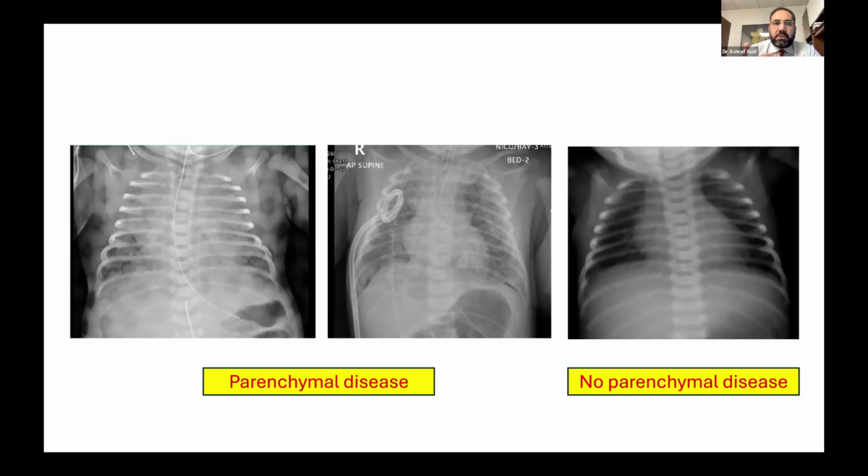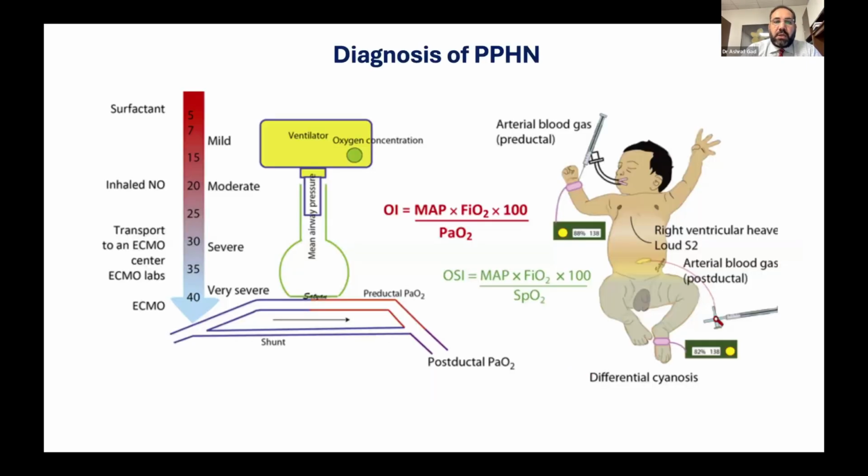All of them complicate the presentation of the PPHN. The baby on the right side has a black lung, not due to any parenchymal disease. If we put on the pulse oximetry, like I mentioned, we can see differential cyanosis, but we all now calculate the OI to get a glimpse of what's going on,